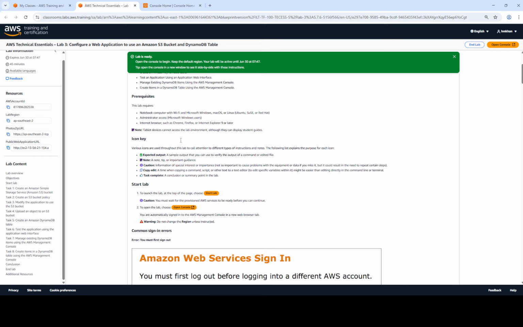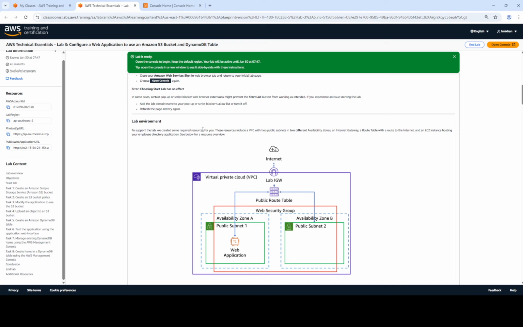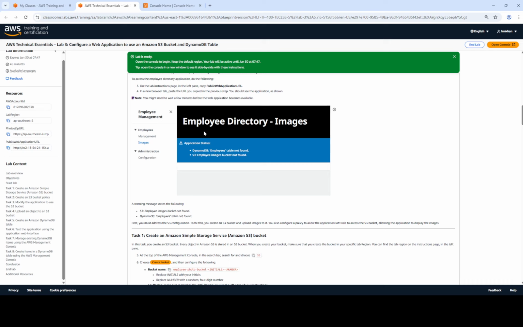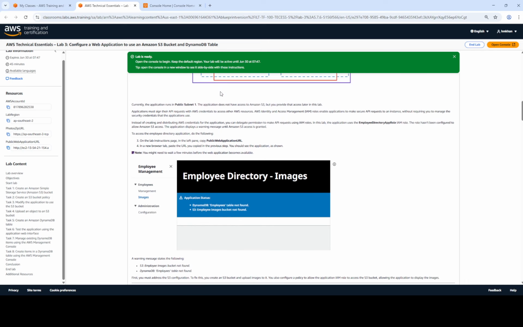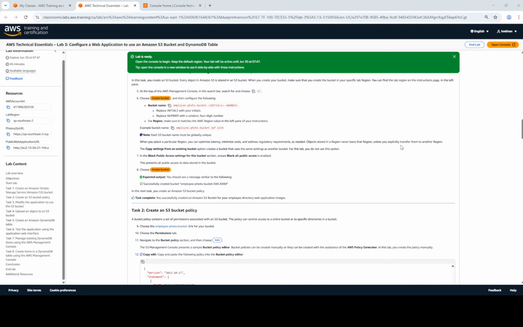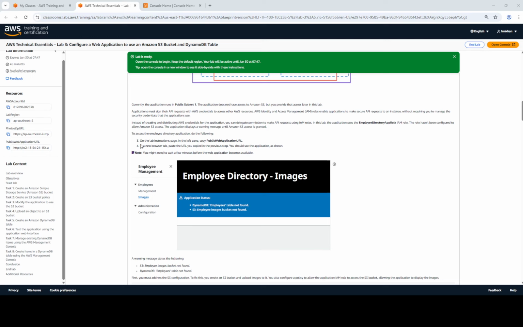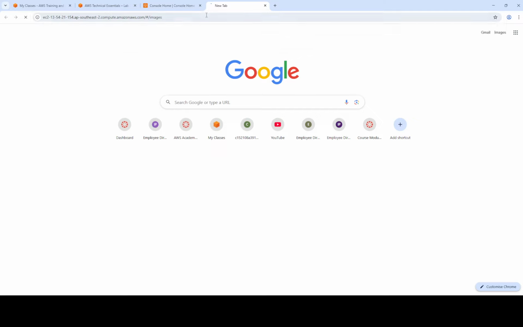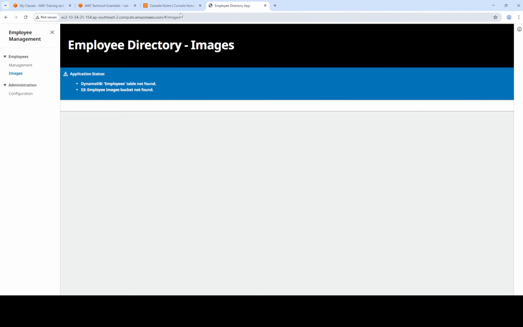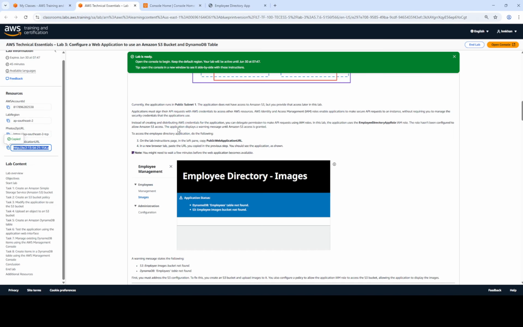Now come to Task 1. The first task is to create an Amazon Simple Storage Service bucket. Before that, there are 2 things to complete. That is, open the lab instructions page, where some resources are provided. We have to open the public web application URL, and we open it here. So we are able to access one installed web application, right? The next thing,